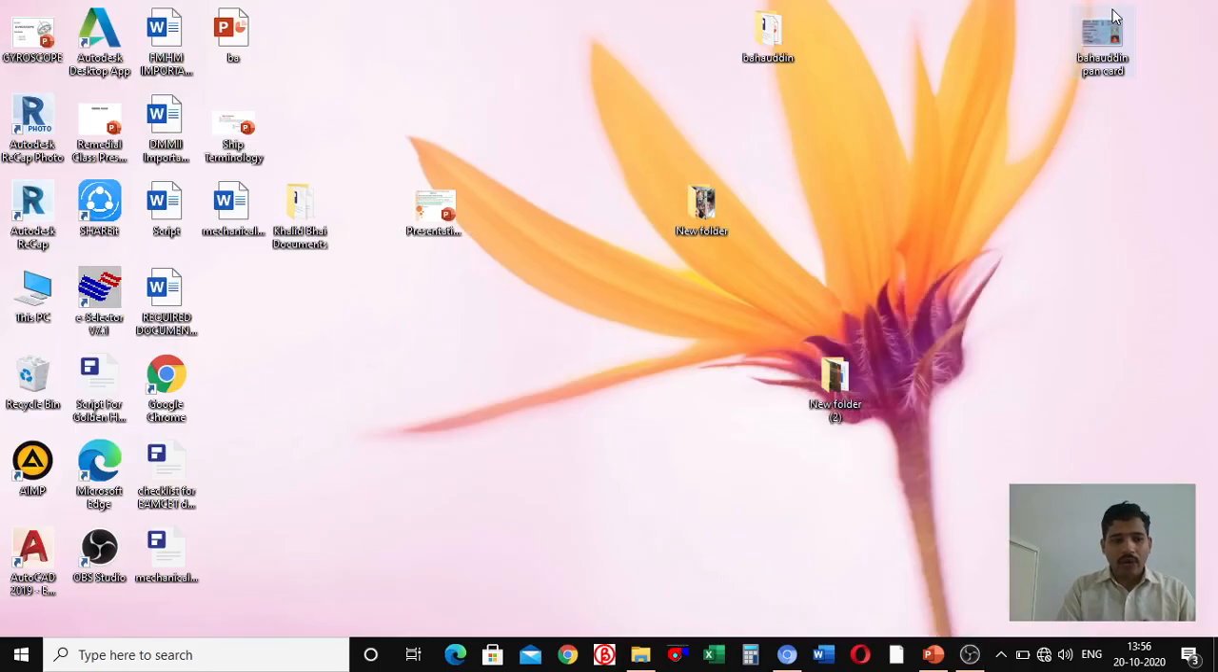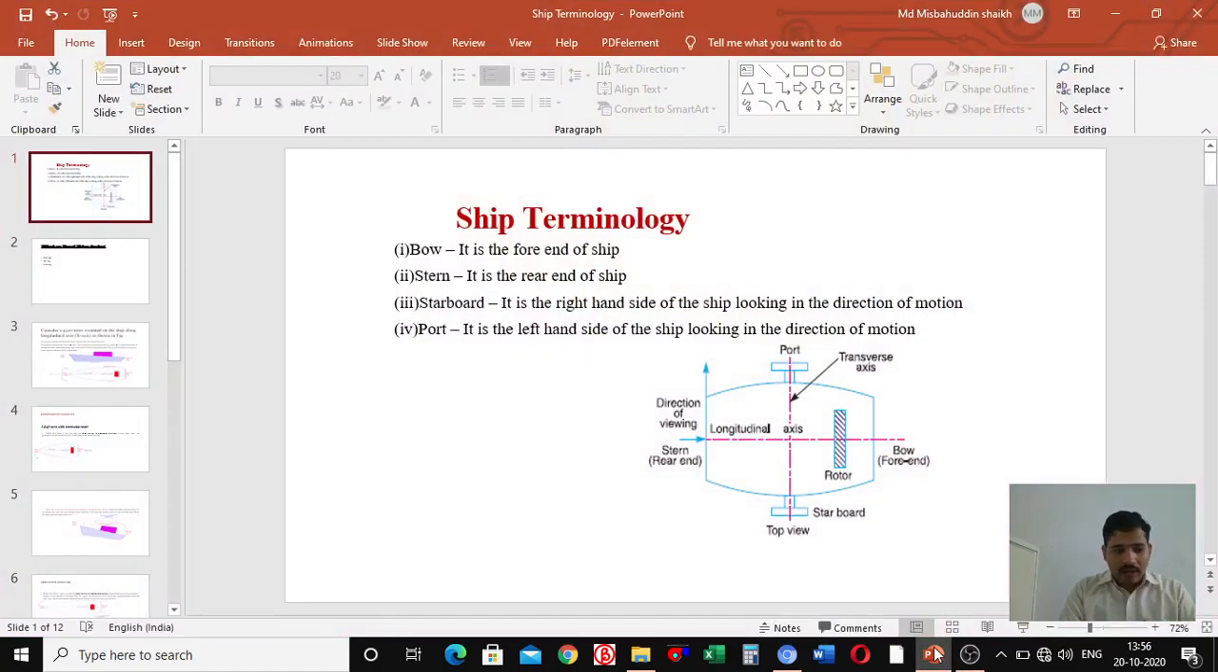Today we are going to learn the effect of gyroscopic couple on a naval ship. First, we are going to learn which terms are used for a naval ship. Let us consider